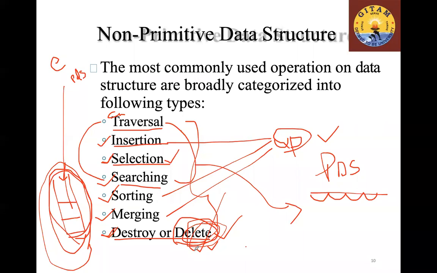Yes, sir. Two of you said that it is non-primitive delete. Non-primitive delete is only applied for deleting the entire list or the entire array or entire vector or so. But primitive delete will be used to delete the individual elements in a particular data structure called non-primitive data structure. So you can delete elements in an array in a fashion stack will allow. You can delete elements in an array in a fashion queues will allow you. So stack and queues are various operations that you perform on an array data structure in the way they actually specify.